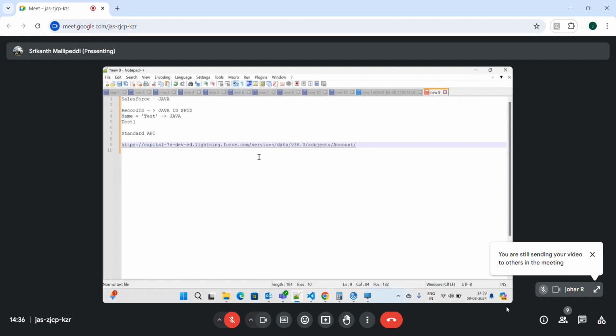So here, if you would like to generate the endpoint URL, you need to provide up to services slash data slash version 2023. If you would like to create the records,